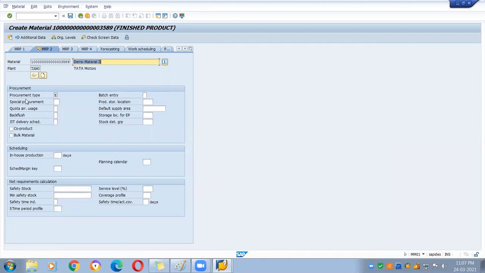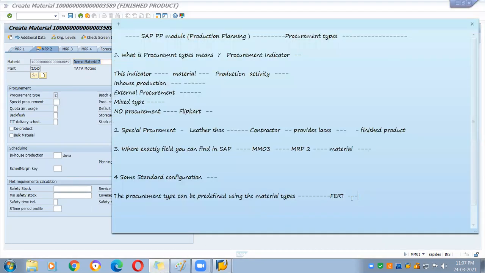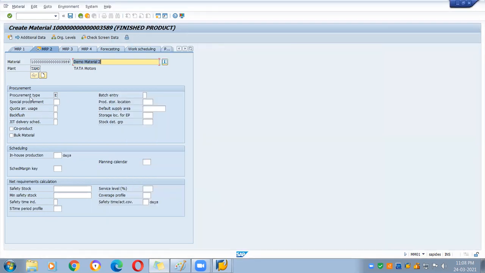So you can see the procurement type is automatically determined by the system and it is also grayed out. You cannot change it because you have made that setting in the FERT type itself, for any materials having material type as finished product. I am not going to allow any such external procurement. So it has already chosen that the procurement type will always be E.